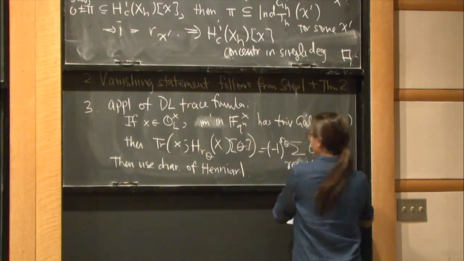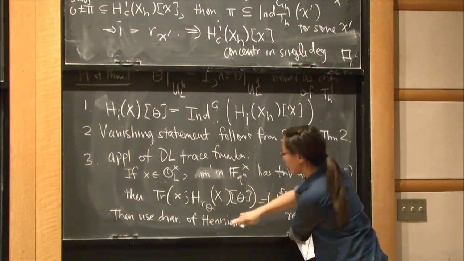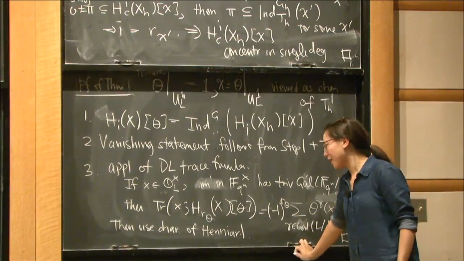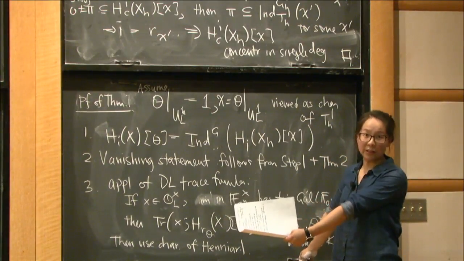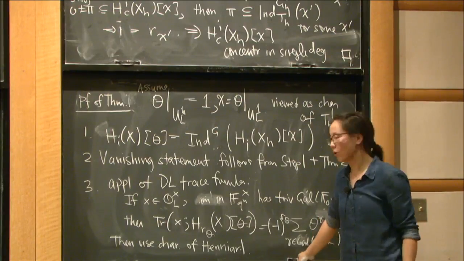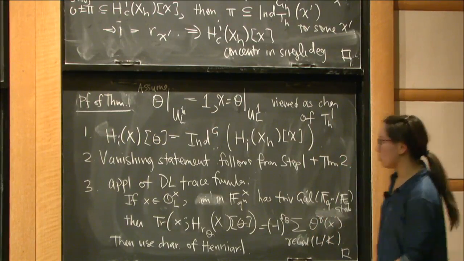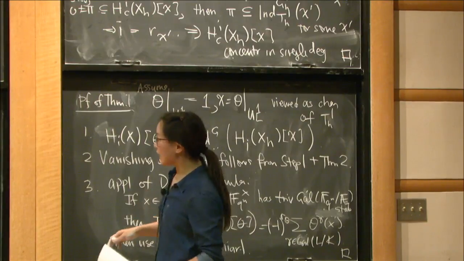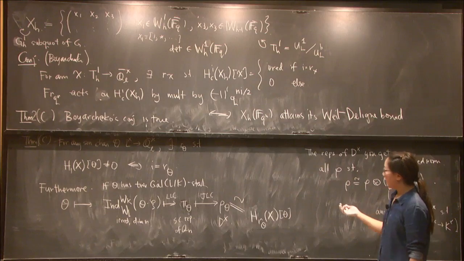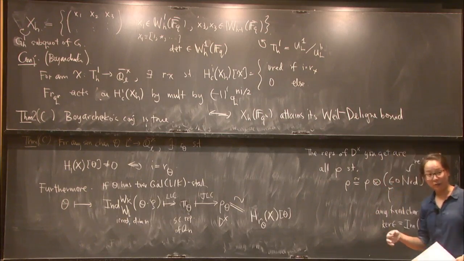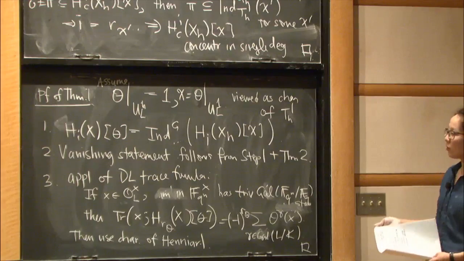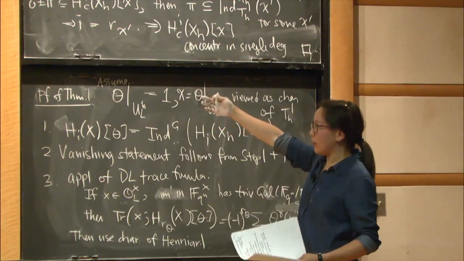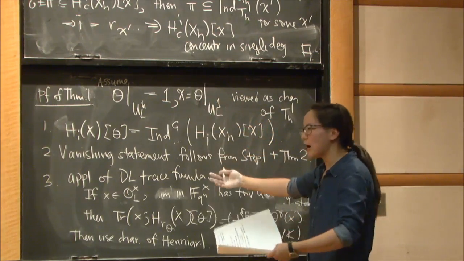But once you have this on all such elements, what you can do is use some characterization formulas of Henniart to say that this is actually the representation that you thought it was from the beginning. Okay, and so the main point here is that once you have established the first part of Lusztig's theorem, in this case for division algebras, it's still a lot of work to understand what those things are. So this gives a description of what those representations are,